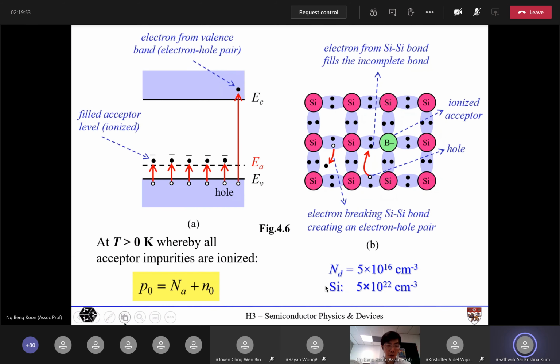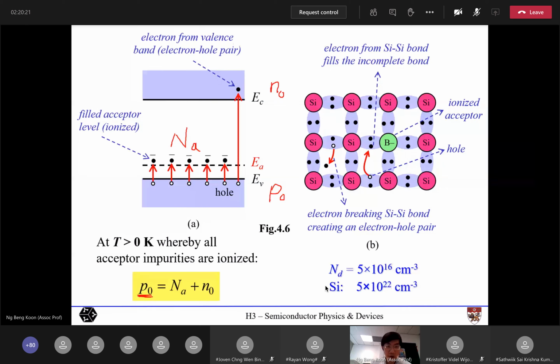And if you denote, similarly to the N-type semiconductor, the number of holes in the valence band per unit volume as P naught, and the number of electrons in the conduction band as N naught, and the doping of the impurity atoms as Na to indicate acceptor impurity dopings, then we can similarly write down a charge neutrality equation, where we say